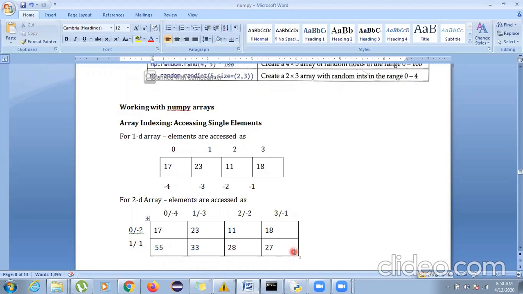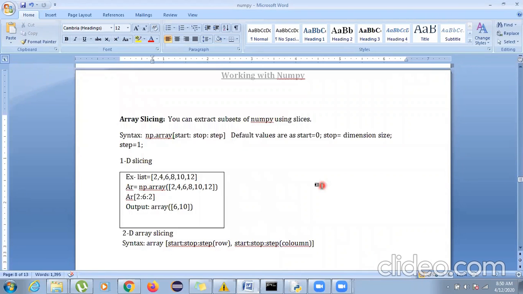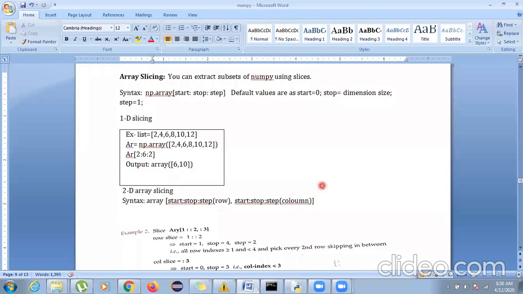No, like he meant when we start the slicing, we did not take the last element specified. We said 2 to 3. So like 0 to 3, we don't take the third element. Yeah. Actually, when you start, you always start from 0. But while stopping, you have to leave that particular element.